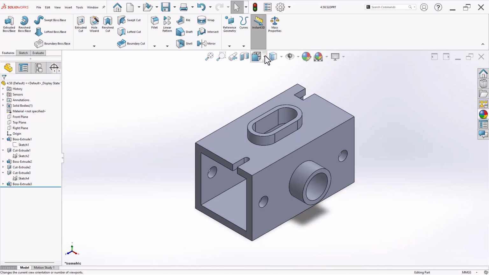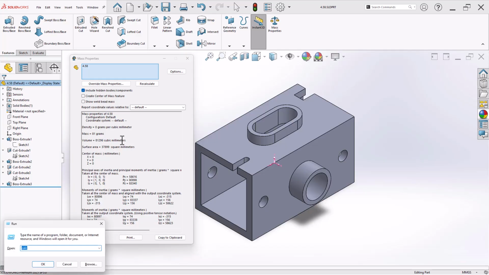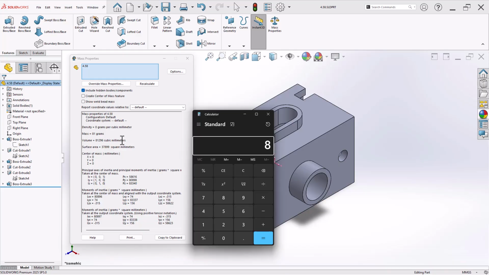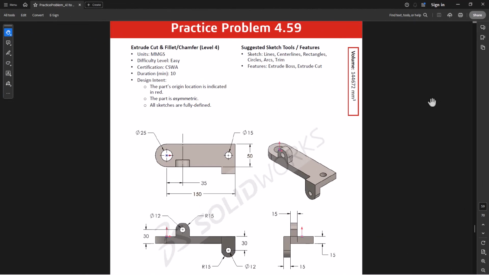Now let's measure the volume. Here the volume is 81296, but the given answer is 81002. Let's find the difference. So 81296 divided by given answer. So it is even less than 1%. So model is correct. In problem 4.59, we'll draw this sketch on top plane and then we'll extrude this bracket